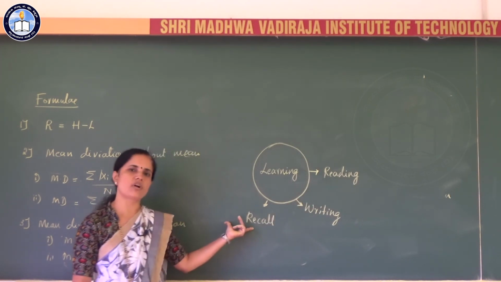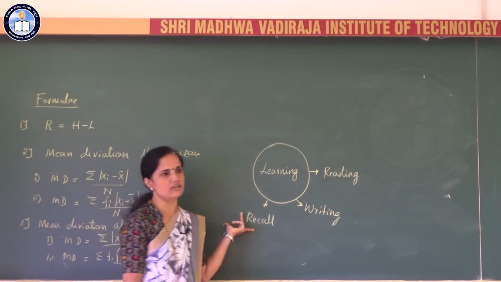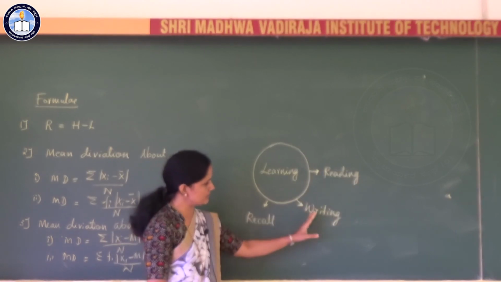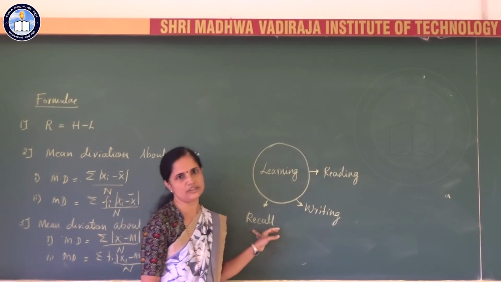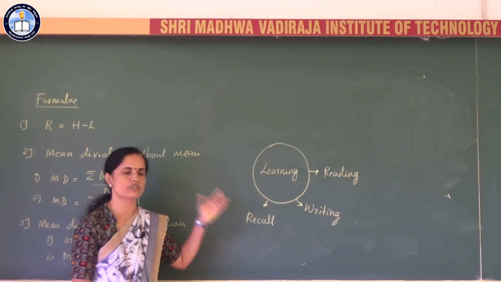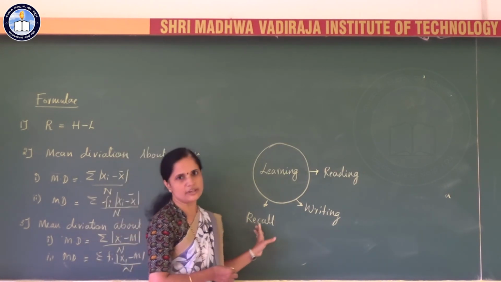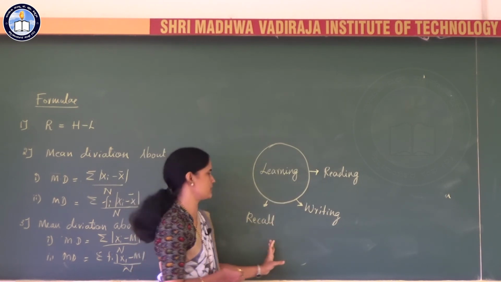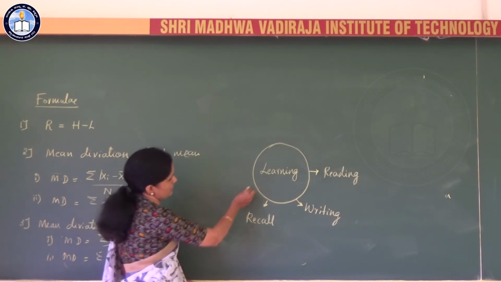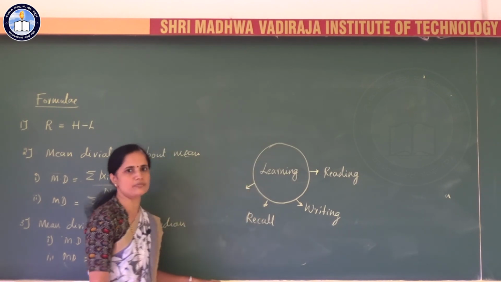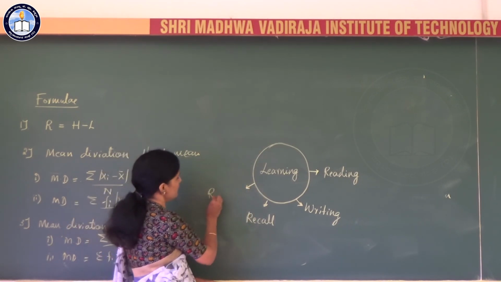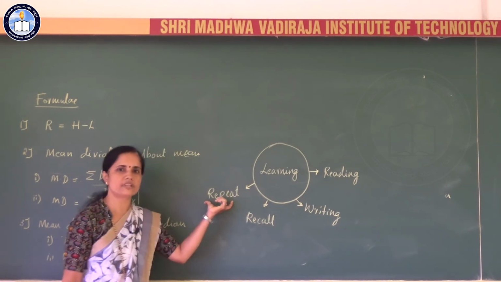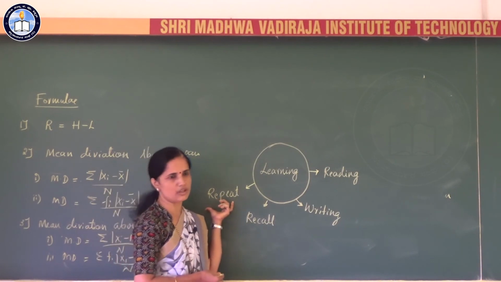If you can recall any concept, then you may write it in the exam very easily, effectively. Therefore, after your reading and writing, you must try to recall it for 10 minutes. Each lesson you must recall it for 10 minutes. If you are able to recall, then the learning is over and you may go to the next chapter. If you are not able to recall it, then point out the concept which you can't recall and repeat that concept only. You have to repeat the reading of that concept, not all the concepts.